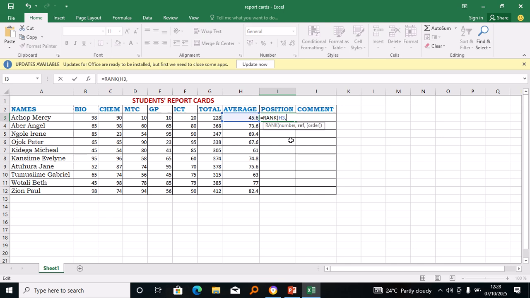H3, comma, and I'm going to say dollar sign. If you're pressing dollar, it is shift number 4. It's up on that key, key number 4. The dollar sign is there, but remember, you're going to click shift, then you click on there also. Then dollar sign, we are getting H, dollar H,